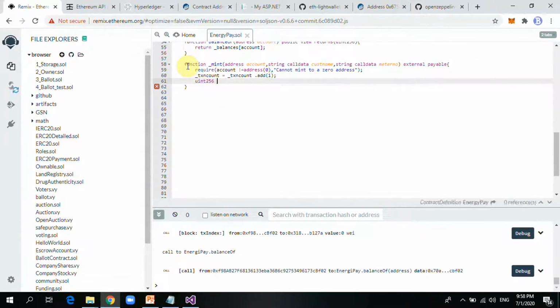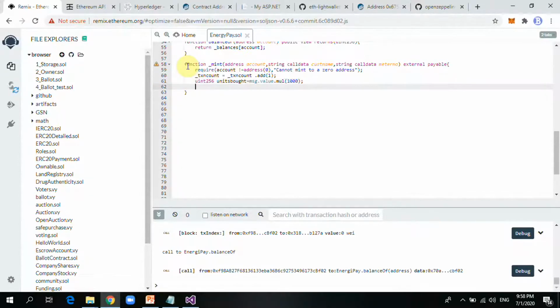So the unit of electricity bought should be the value of ether sent, times, we could say 1 ether should give you 1000 units of energy. So using this, I just say 1000. Now you can change yours to be any value. You can change it to 2000 or any value of your choice. So now